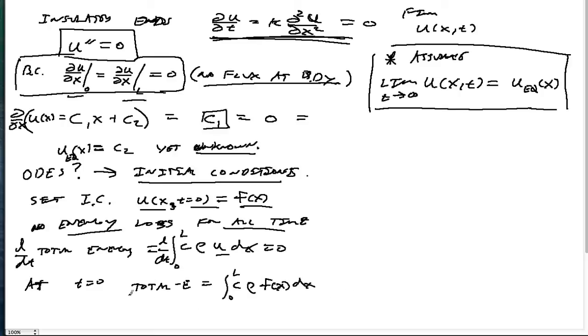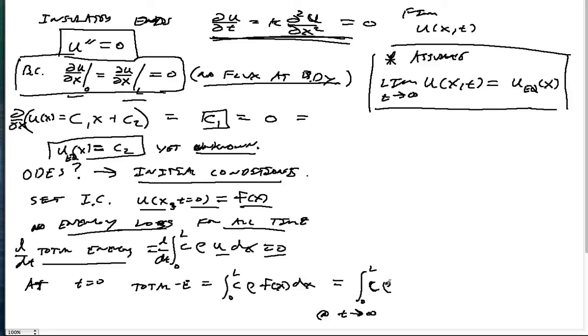But we also know, because there's no energy loss, that the total energy doesn't change for all time, so it has to be the energy at the end. So we know the equilibrium energy was C2, our unknown constant. So we can write that down. That's going to be the integral of 0 to L, at time going to infinity,